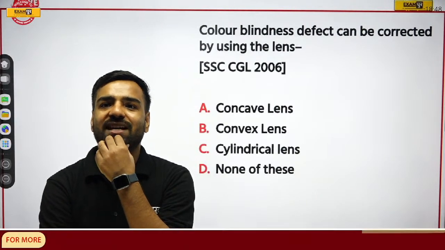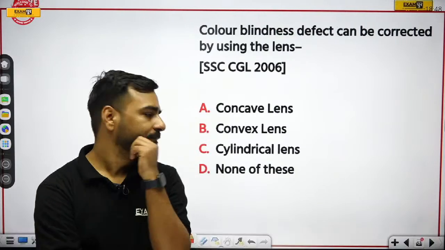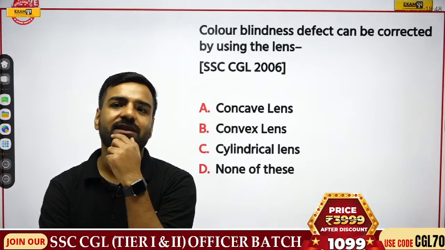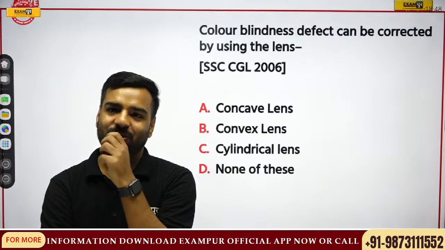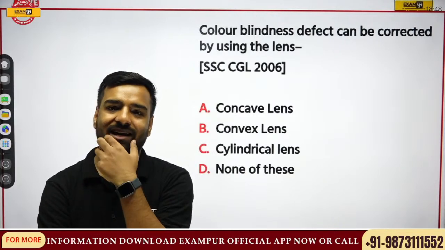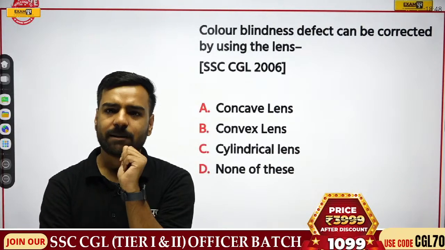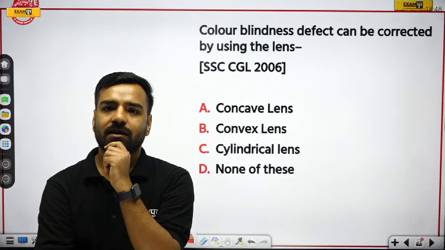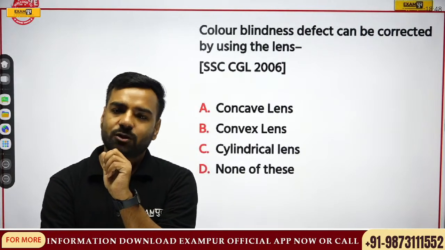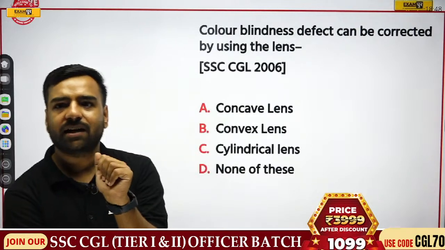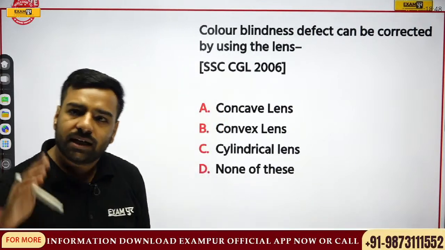So Monali is with C, that is cylindrical lens. LTM is saying, sir, it would be D. LTM, can you tell me your name please, so that I can start a conversation with you? So we have option D with LTM. Monali is with C. Others? Nena is with D. Anaga is with D. So the maximum of you are going with D.